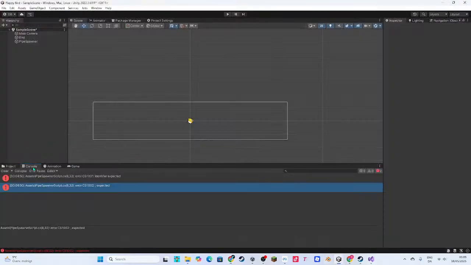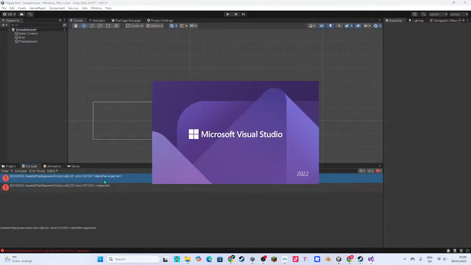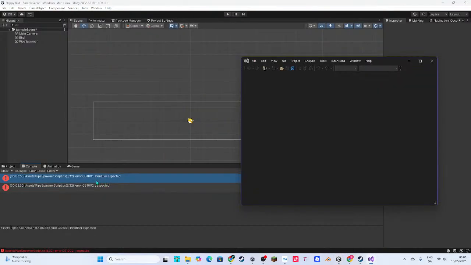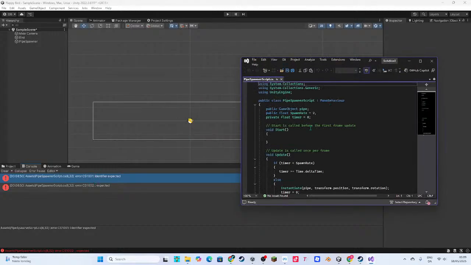What are these errors? Expected identifier expected. 832. What do you mean 832? I mean line 832? Where even are the lines? It won't even tell me.